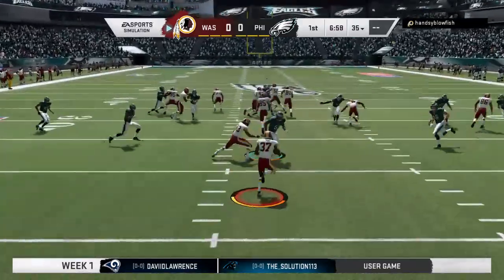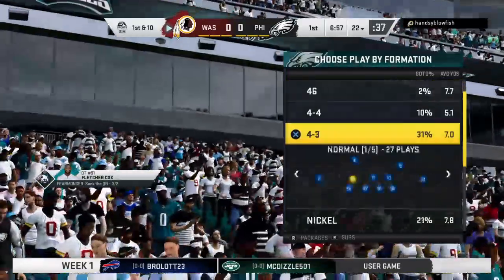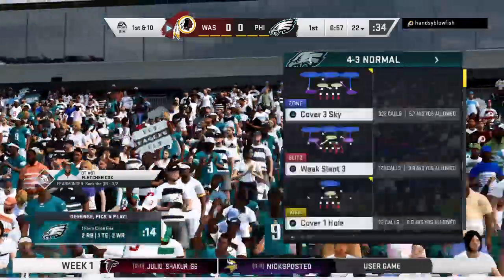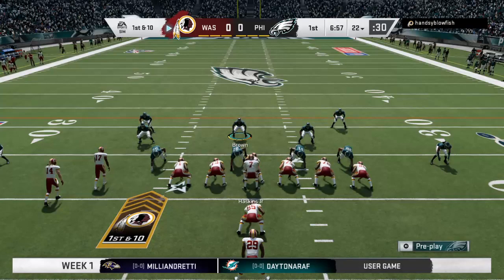This fielded at the 2. And he's up past the 20 to the 22-yard line. The Redskins take over 1st and 10 at their own 22-yard line. Time to work. We ain't giving them nothing to